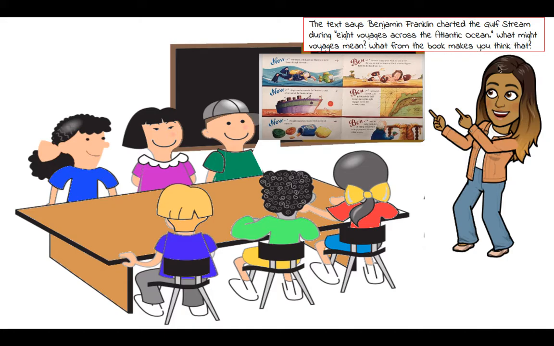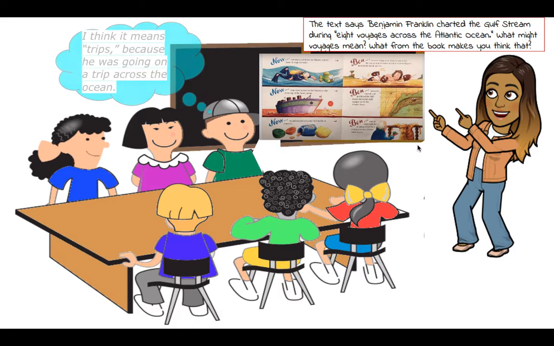What from the book makes you think that? So Miss G just explained it, but I want you guys to repeat in your own words what it is. What's a voyage? Miss G went through it real fast. So I have some friends here who say, I think it means trips because he was going on a trip across the ocean. So even if Miss G didn't explain to you what voyages was, you could understand it from the